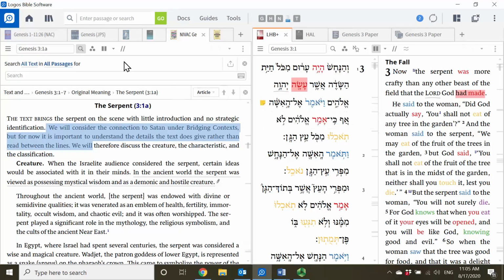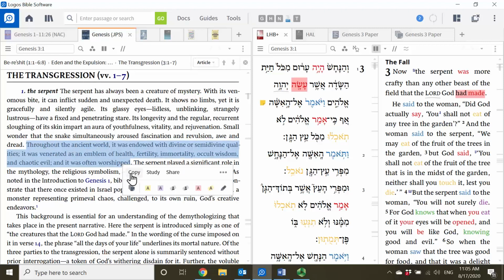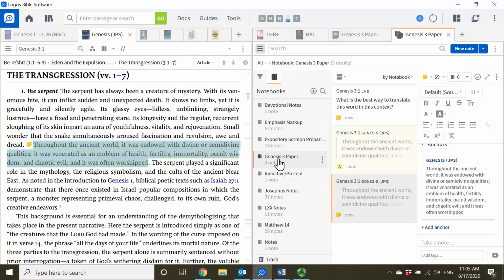You can also take notes in your commentaries. So as you're reading through your commentaries, like, oh, the serpent has been a creature of mystery. This is from the Nahum Sarna commentary, and maybe you find something in here that you really like. Oh, there's some cultural context here that will be really helpful, and maybe you're going to highlight that, and you can take a note with it. Okay, I want to take a note, and I want to add that to my notebook. So make sure you're clicked on the right notebook and say something like, helpful cultural context